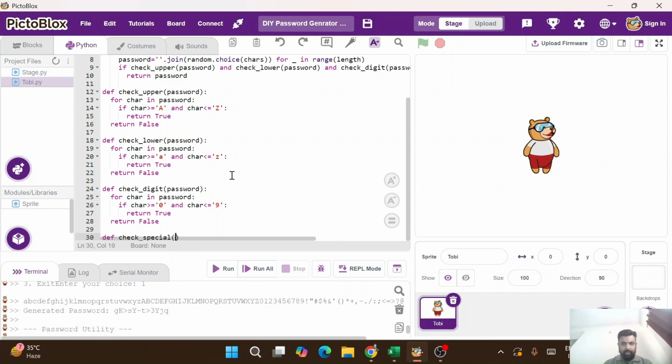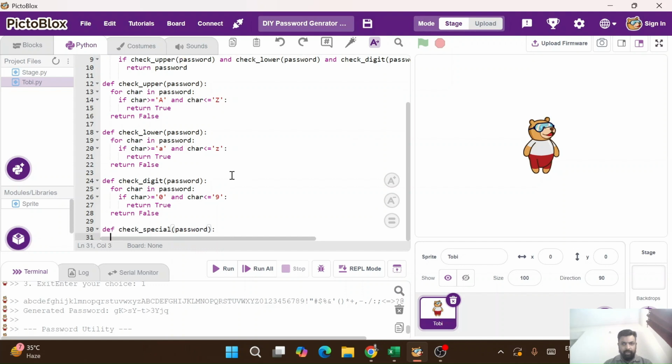Check special, and definitely here also password would be there. And after that, let's create a string of special characters. So I can write special,